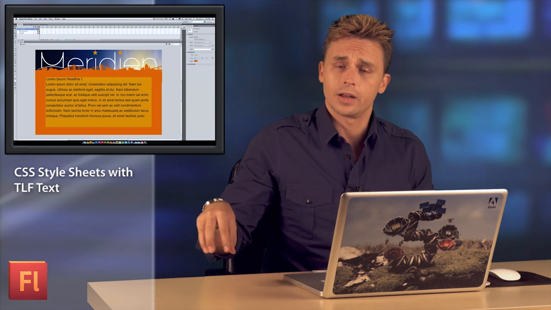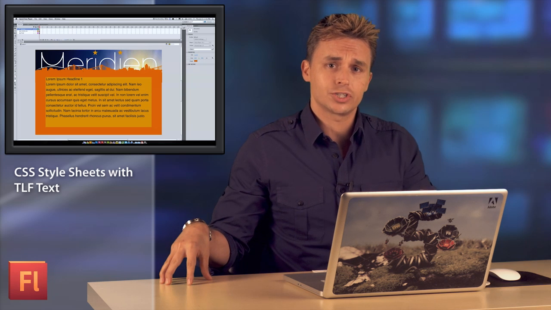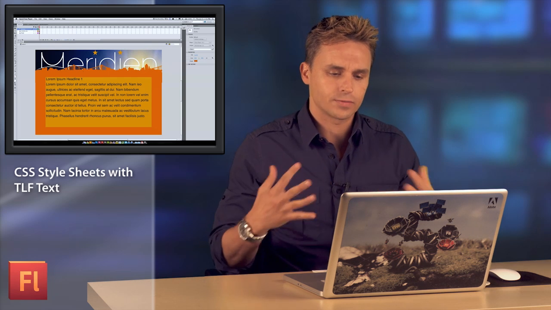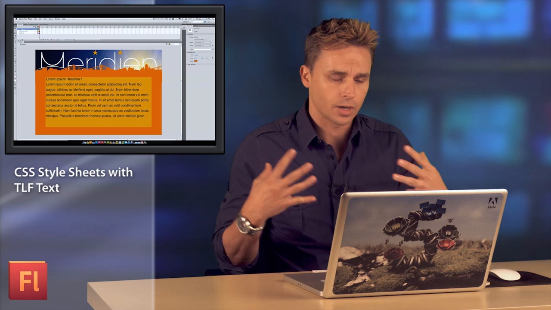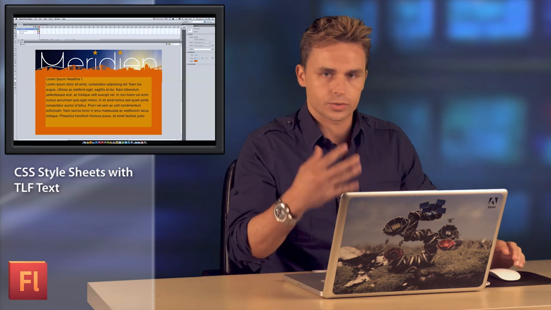I'm a developer evangelist for Adobe, and I want to show you how you can use cascading style sheets, CSS, that you might be using on other HTML pages in your site or with other content, and actually apply that CSS style sheet to TLF text in Flash Professional. Very powerful, gives me this sort of synced look, so we have a cohesive look with your site or whatever